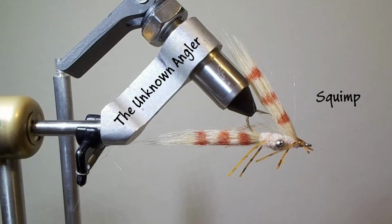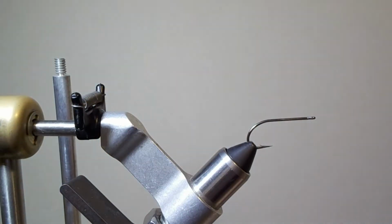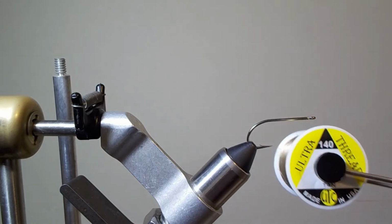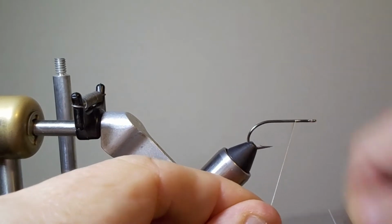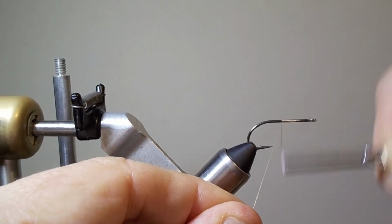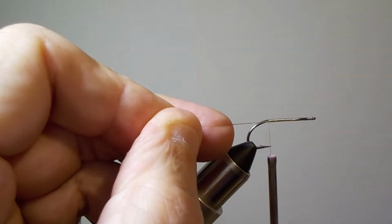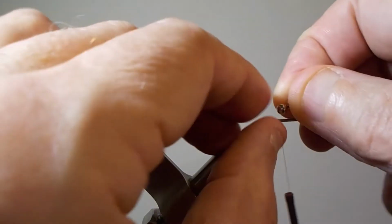Today we're going to be tying the Squimp. What you're going to need for this is a regular size 2 to 6 saltwater hook, 140 denier thread in tan. You're going to wrap back a majority of the hook, almost to the end, but not quite. And then come back to about 1/3 of the way from the bend of the hook. So you have 2/3 in front of the